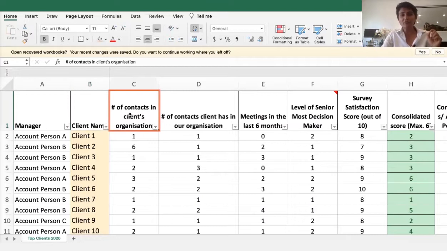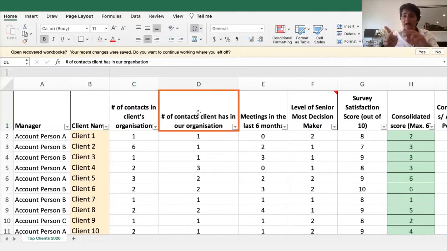And here we are saying number of contacts in the client's organization, as in, in this organization ABC, how many of their people have contacts in their clients' organizations, and how many people do they know in this organization, right? So even if it's one person in this organization ABC, how many contacts does this one person have in their clients' organization? This is just the reverse. How many of their clients have contacts in this organization ABC? Do they just know one person in organization ABC, or is it more than that? Because the more people they know, there are more routes, there is better strengthening of the relationship,